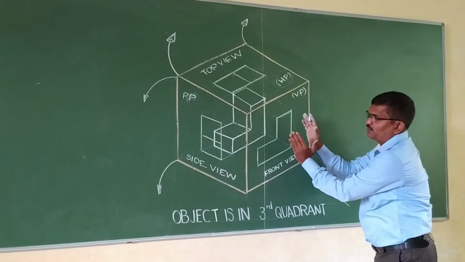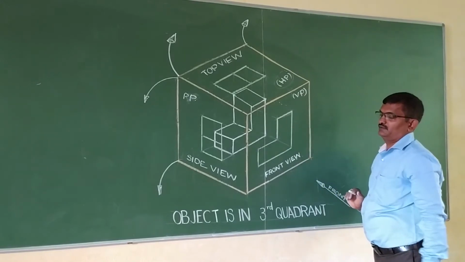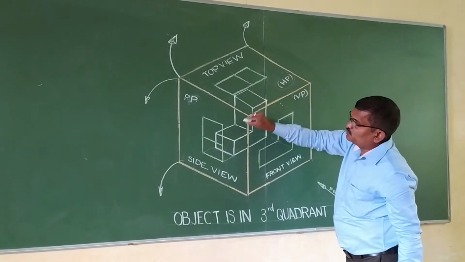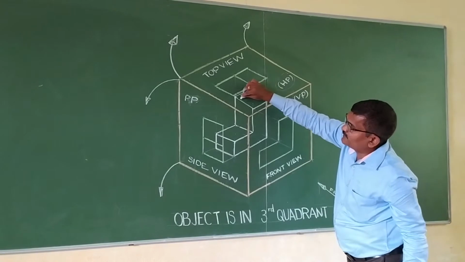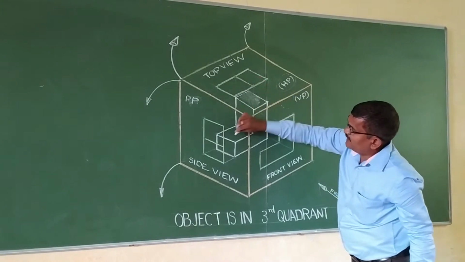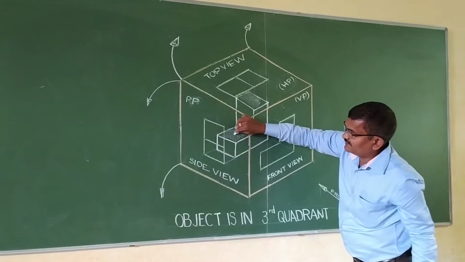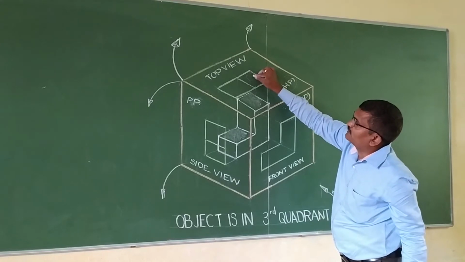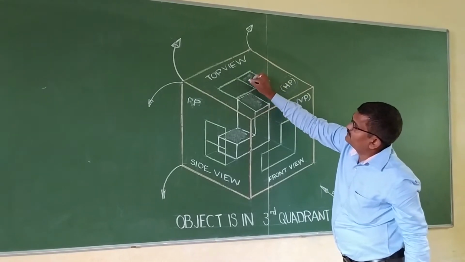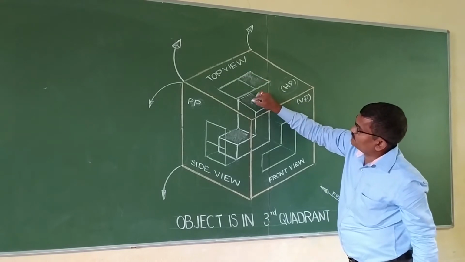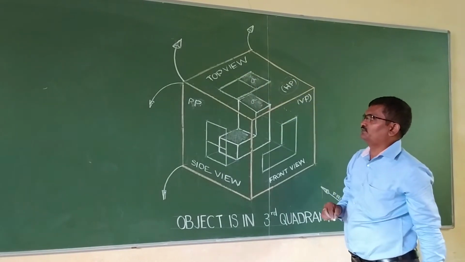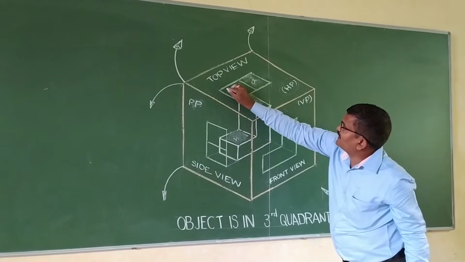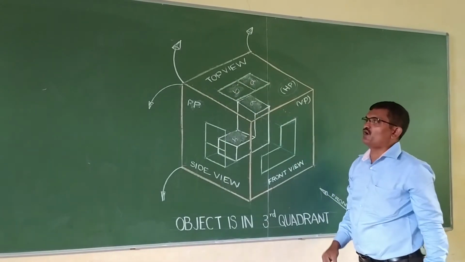on the vertical plane, the front view forms an L shape of the object. It is an L shape. When observing from the top view, there are two horizontal surfaces. One is this, and another is this L-shaped object. These two surfaces are formed on the horizontal plane. A surface is formed from the front top view, and another, B surface, is formed side by side. The two surfaces, A and B, are formed.